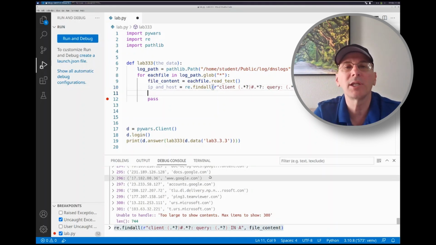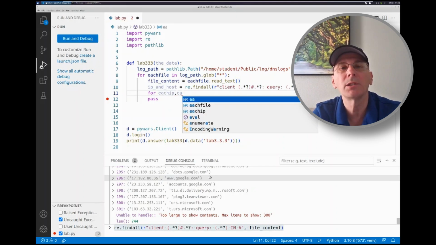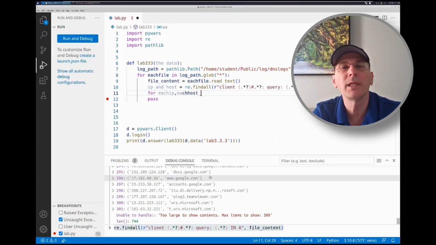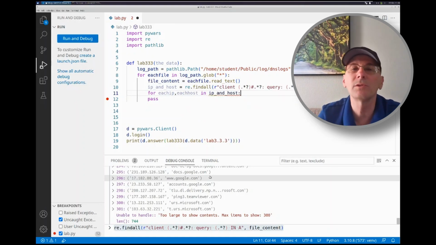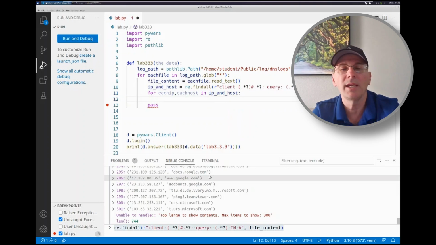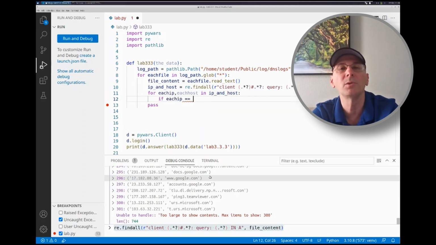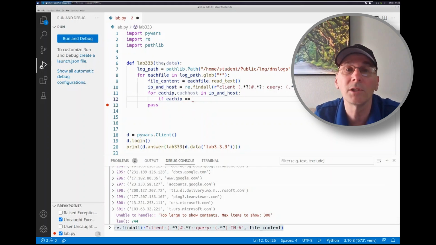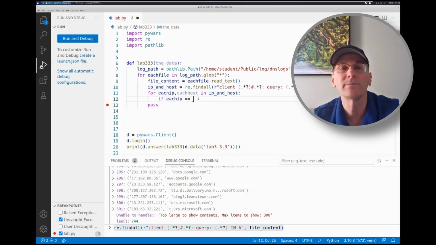What I can now do is say for each IP, each host in IP and host, I'm going to go through all of those results. I can say if each IP is equal to the one that I'm looking for, which is going to be in variable the data,